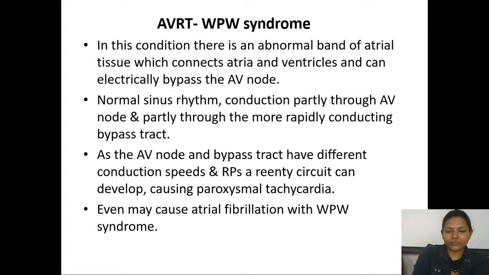Now, AVRT or WPW syndrome, that is Wolff-Parkinson-White syndrome. In this condition, basically what happens is that there is an anatomical accessory band which connects the atria and ventricles, and it can electrically bypass the AV node. So in normal sinus rhythm, the conduction is partly through the AV node and partly through the bypass tract, and this bypass tract is more rapidly conducting as compared to the